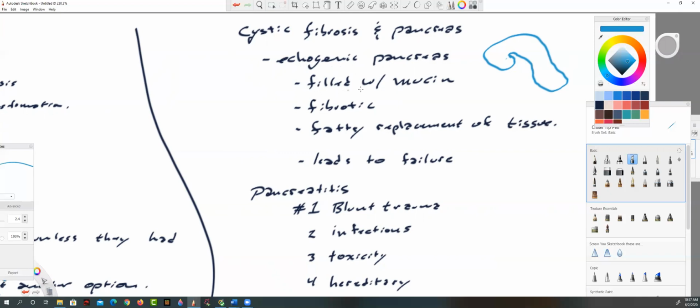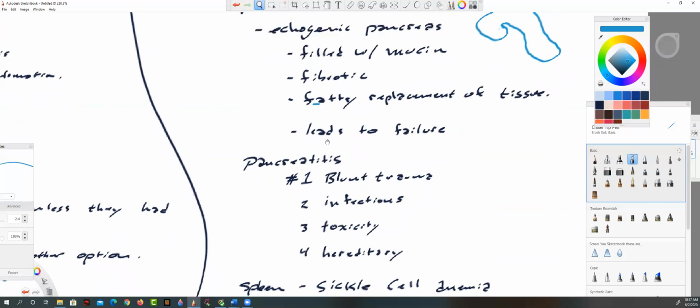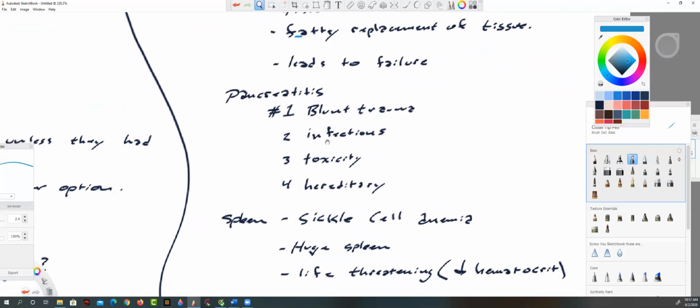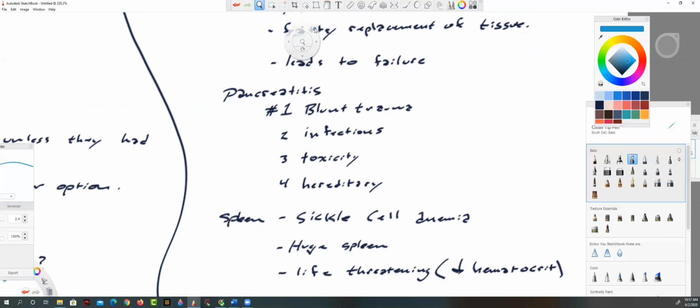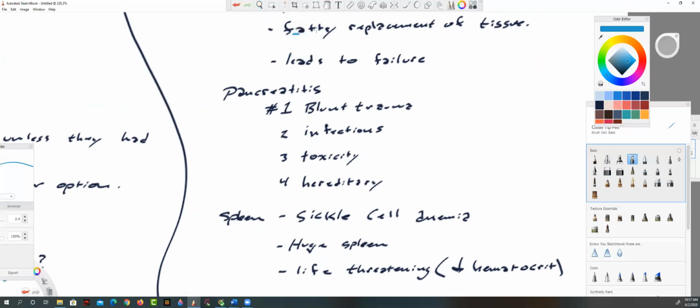That pancreas is filled with mucin. All the tissues are filled with mucin. The ducts are filled with mucin. That causes a lot of backup, which causes fibrotic tissue, which is also echogenic. And then as tissue dies, it is replaced by fat. So fatty replacement of tissue, and fatty is also echogenic. And of course, this eventually leads to pancreatic failure. It's one of the things that will eventually lead to the death of people with cystic fibrosis. Although I hear they have some